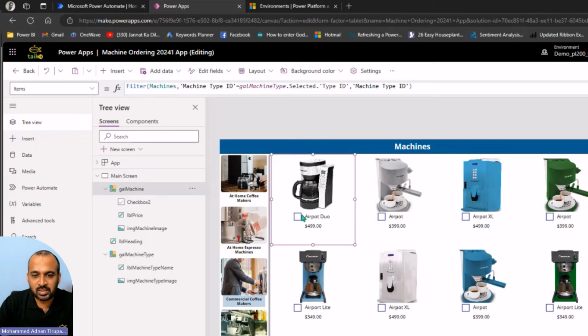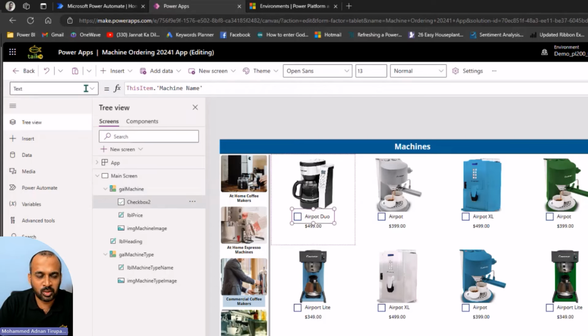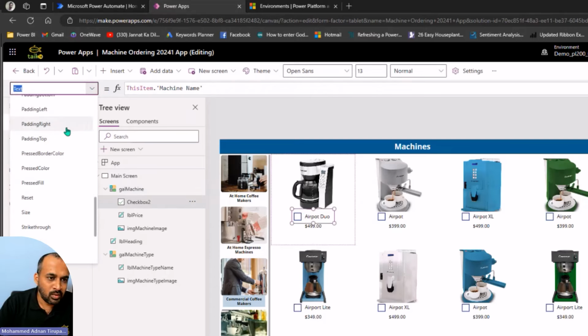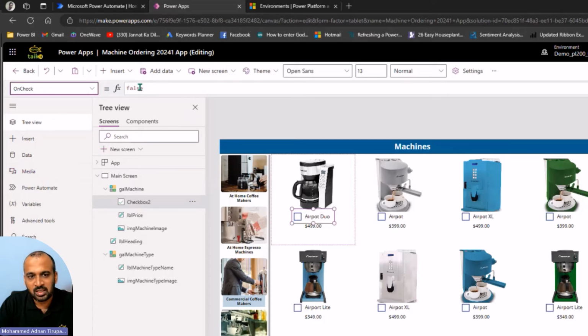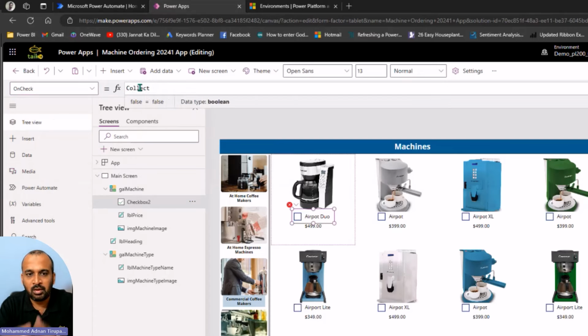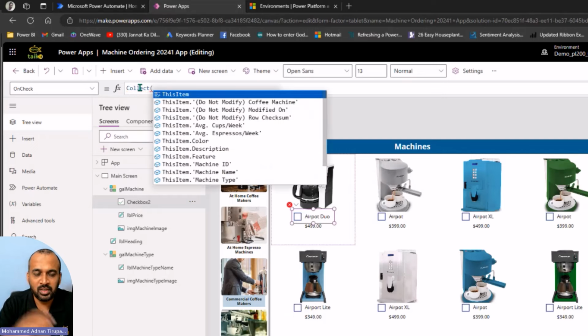So now once you click on the checkbox, you need to add into your collections. For this, you need to select this first checkbox, and on the property on the top left menu, you see there is an OnCheck, OnSelect and OnUncheck. You need to click on OnCheck options, and here you need to call the Collect here. I made a separate video on the collections, what are the uses of collections in PowerApps. That's really an amazing feature in PowerApps. Please go and check out that video to understand in detail what features you can use from that. So clearly, we are using this Collect here, and here we need to give the name